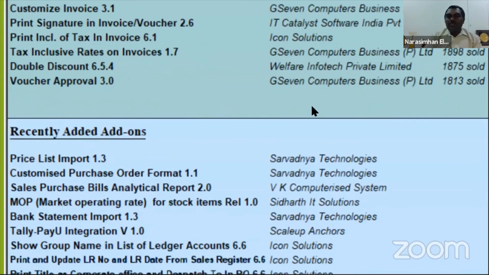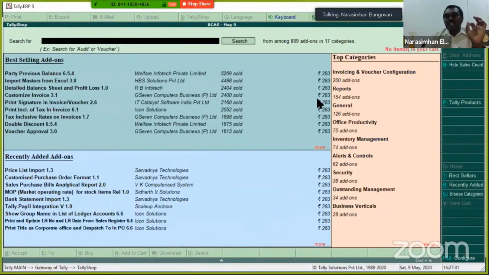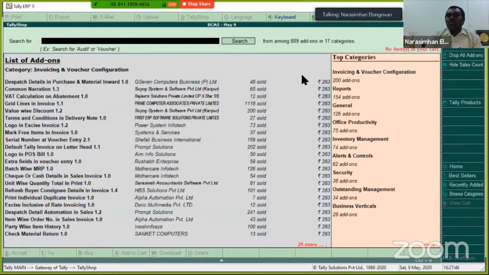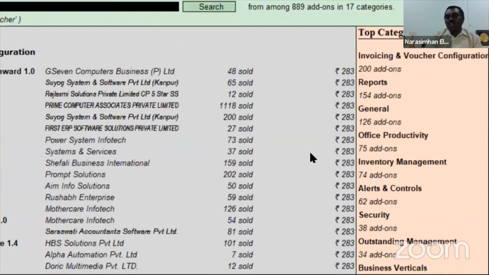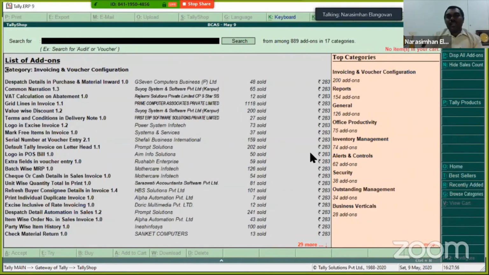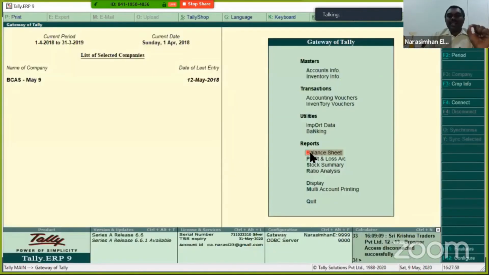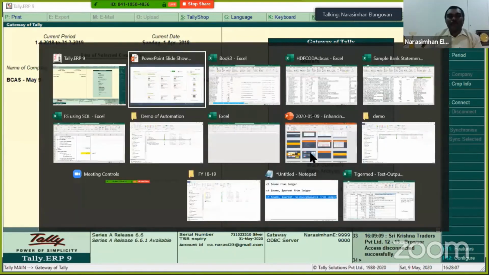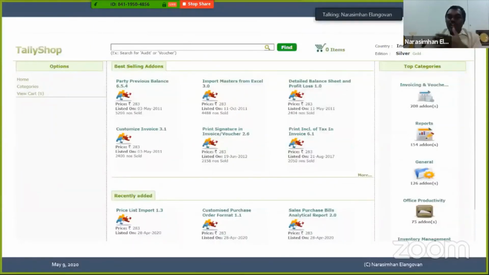These add-ons are priced very nominally, but may not solve all your problems. This add-on is like a TDL. In fact, this add-on is a TDL. For example, for invoicing itself, I have 200 options. Now you can choose which method you want. These are all the various companies who have built this. I think by default there is some standardized price if you use it, or you can approach your Tally vendor for customization. But this is more important from a client angle. From an auditor or accountant angle, these are less important, but definitely good features to have. So if you visit Tally Shop, there is a whole lot of things you can explore.